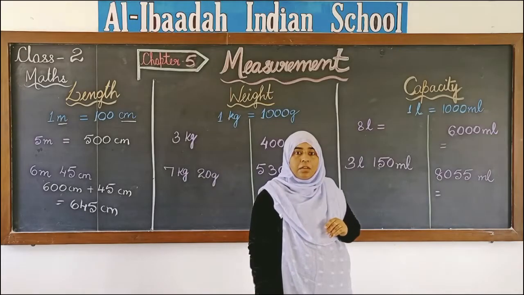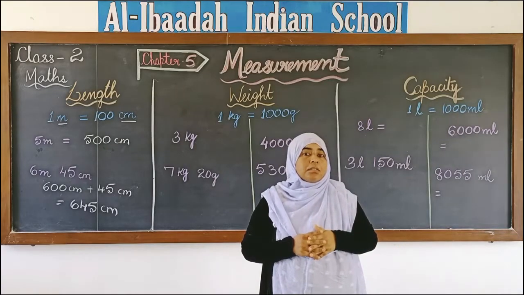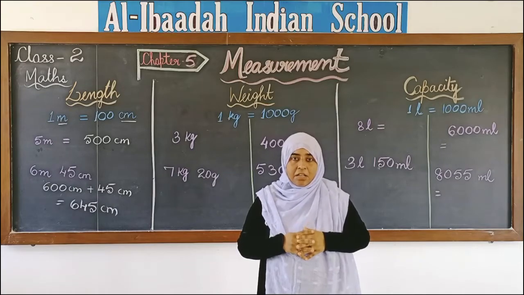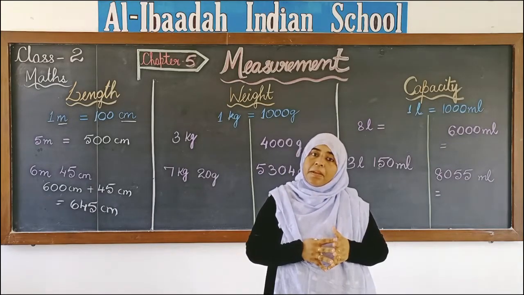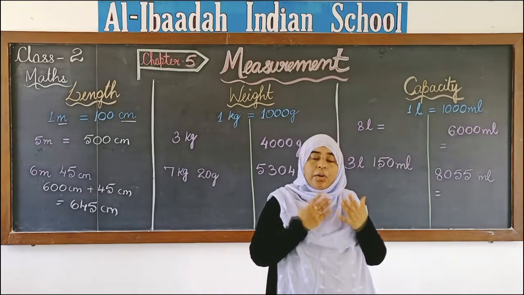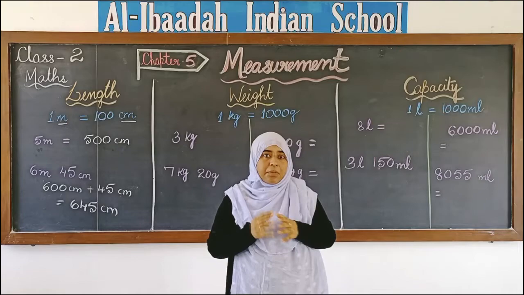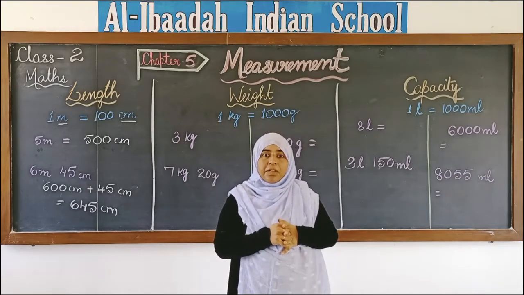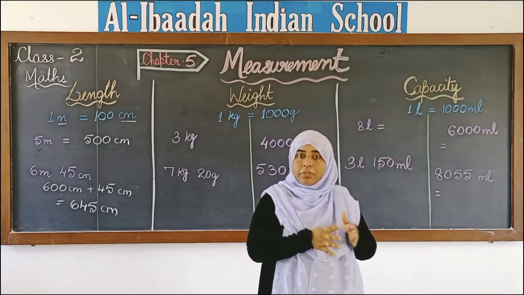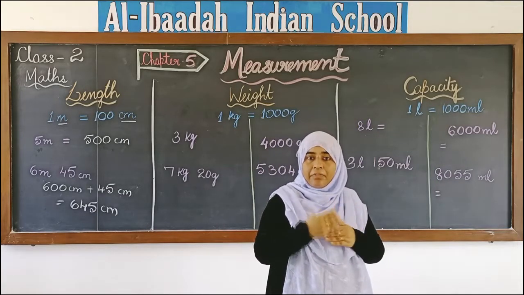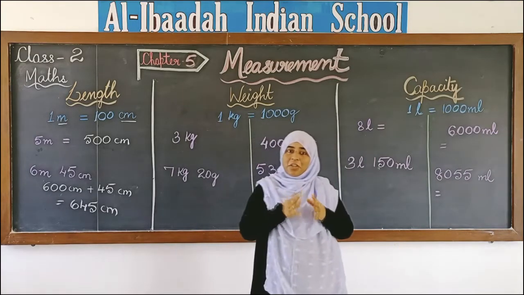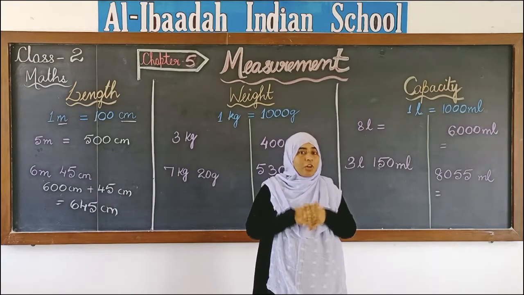Now like I said, weight means we will find how heavy the thing is. I had given you an example of measuring rice. When we go to buy rice, we measure the weight, like 1 kg, 2 kgs, right? We measure how heavy the thing is when we say we are measuring the weight. Same way, if you want to measure your weight, again you are doing measurement of weight, right? And you will find how heavy you are, correct? So when we say we are doing measurement of weight, we are finding out how heavy the